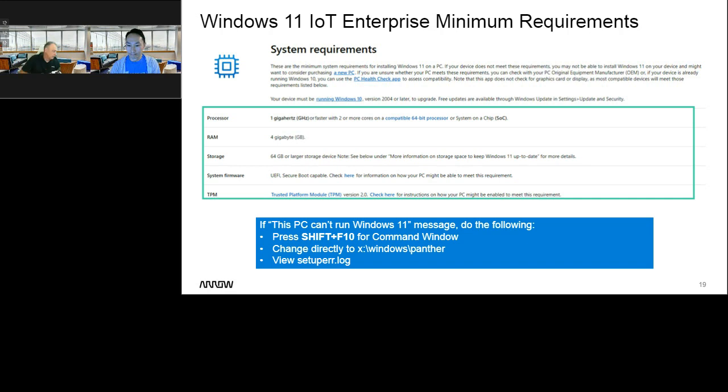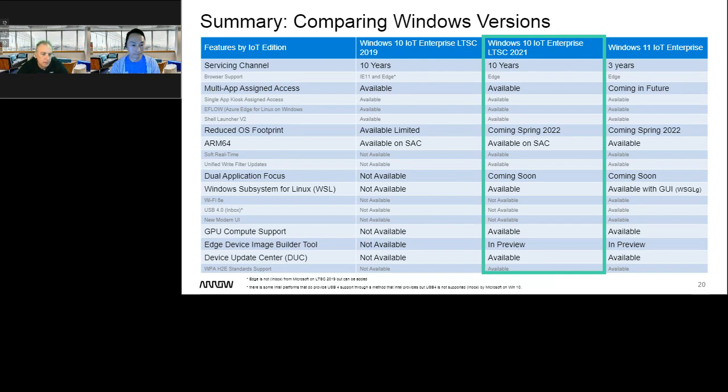So let's jump ahead to the three-way comparison. This is the slide that we worked together on, because Microsoft didn't have something like this. When we went through their material, we said, hey, where's the side-by-side comparison of the older 19, the brand new 2021, and then the brand new Windows 11? Because probably the number one question we get today is, which one of these should I be using, or which one of these should I be starting my project on? And so we wanted to highlight in bold the main differences.